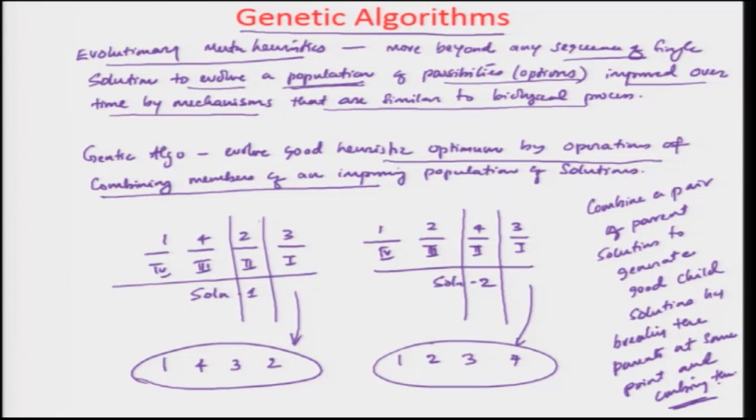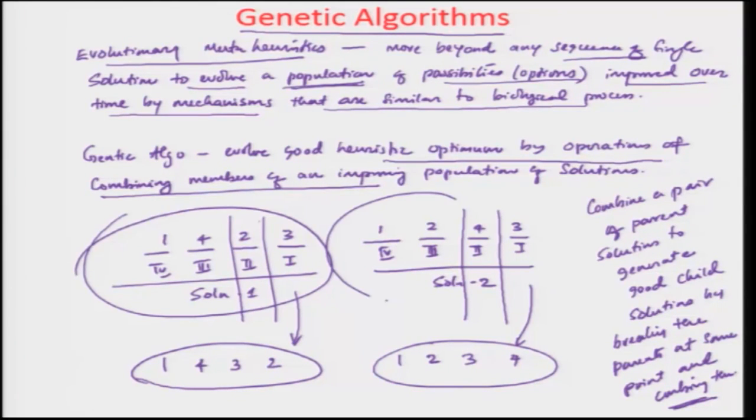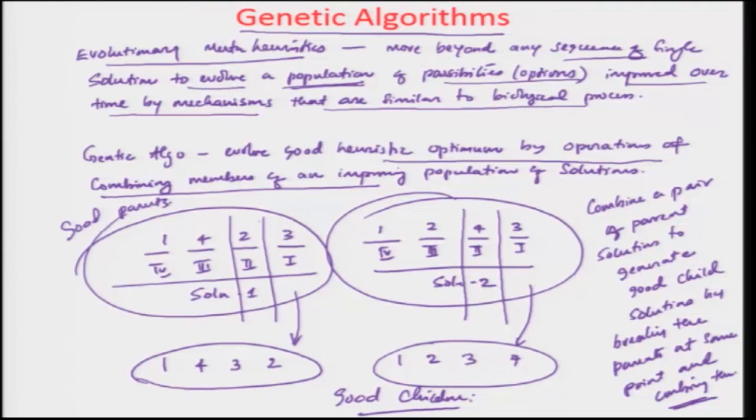So what you are actually doing is cutting the parent in some places and then combining them in a particular fashion. What we have done is cut this sequence position out, move it here and put the next one in that position. So if this is a good parent, from good parents you should be able to get good children, that is the idea. Creating a scenario like this, which mimics biological evolution, is what we call a genetic algorithm.